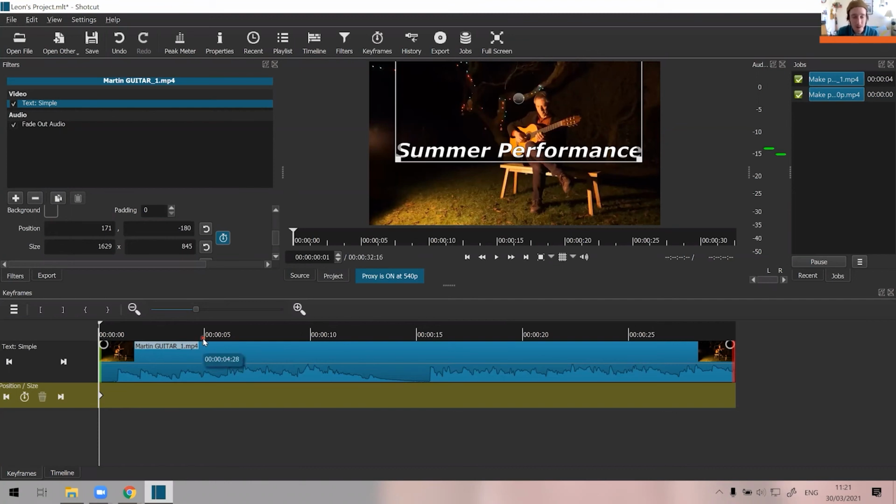So I've put a keyframe in saying I'm happy with summer performance to be here, and I'm going to press play and watch it for a second until I decide I want the summer performance word to go. So I think roughly around here. So I'm going to press pause by pressing the spacebar, and I'm going to,